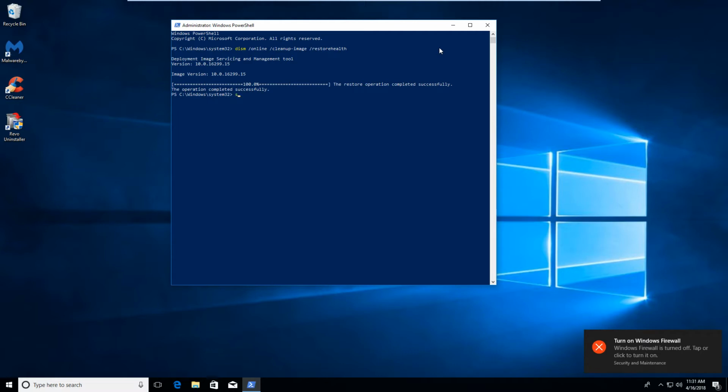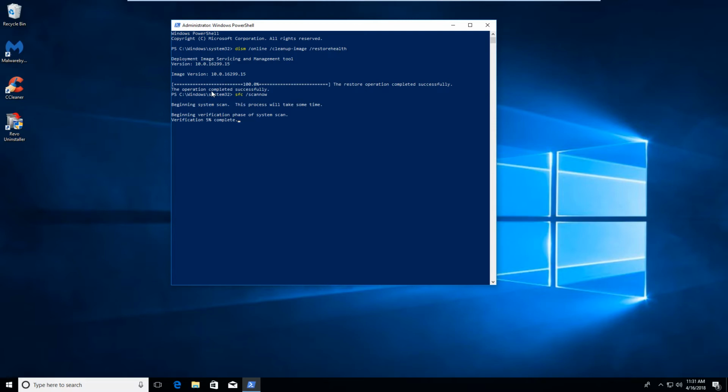So it's SFC, system file checker /scan now. And this is just another long process. It depends on how many system files that you have. And again, since I'm running a VM with very little information, this might work much quicker than it would on your own system. And it also depends on whether or not you're running a solid state drive or a